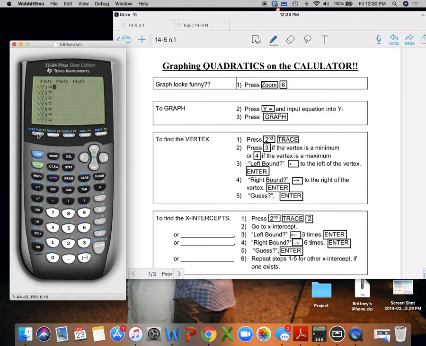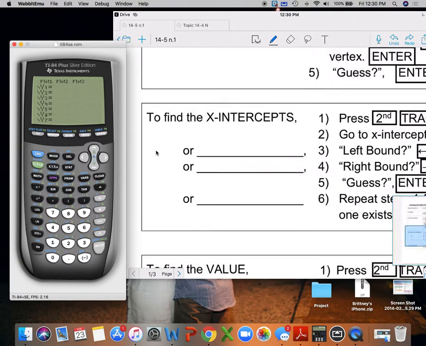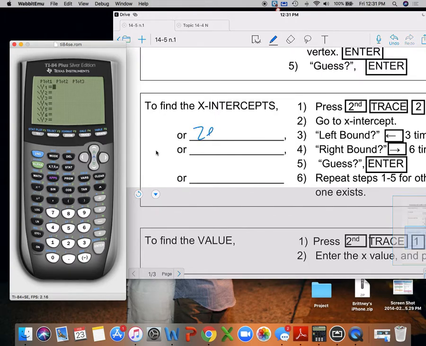In order to graph, we're going to go to y equals, which we've used before, and put stuff in and then click graph. And then we have information about the vertices and x-intercepts and the value that I will go through as we do them. The only thing you need to do on this page is to find the x-intercepts. Other words for x-intercepts are zeros,